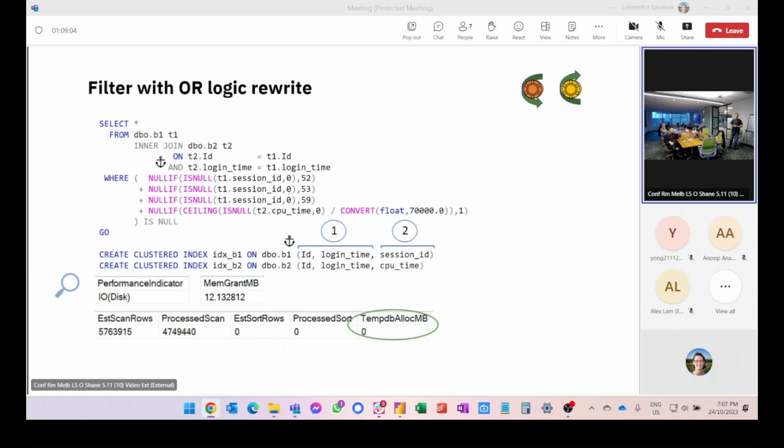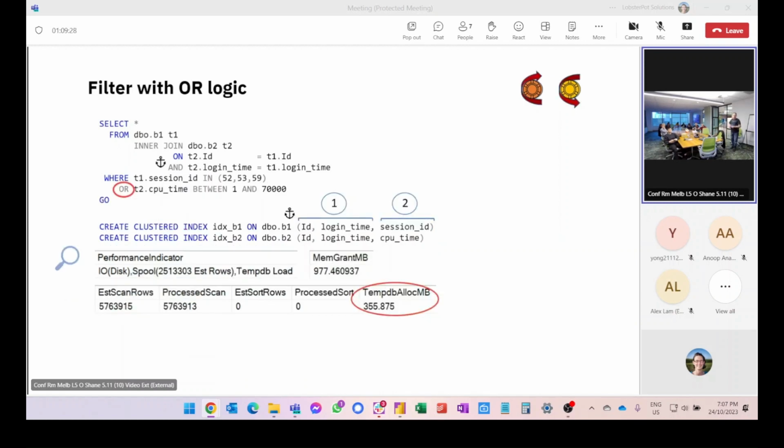So if I use these techniques to remove the OR construct, you can actually see that the query plan is behaving very differently. We're now getting 0 TempDB and a 12 meg memory grant. Same results, but instead of nearly 1 gig memory grant and 355 TempDB, by getting rid of OR, we're getting